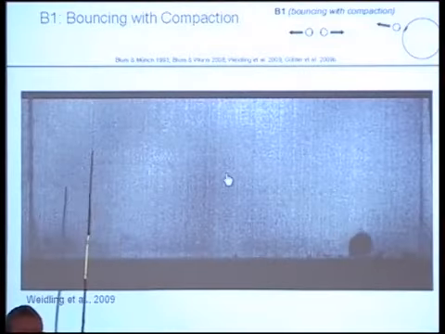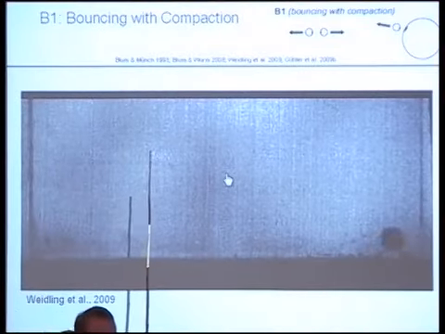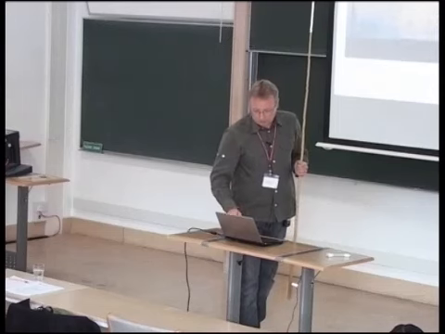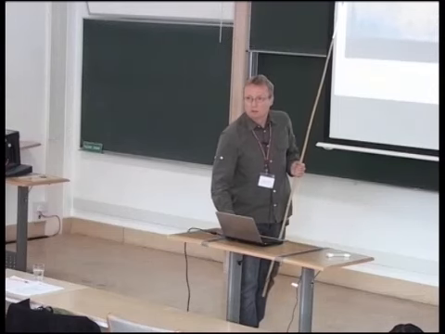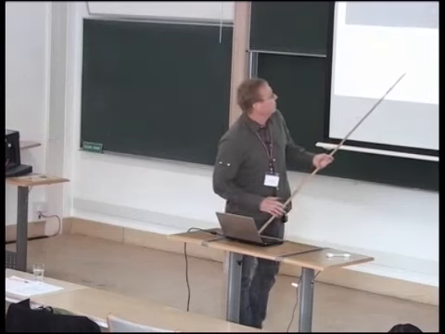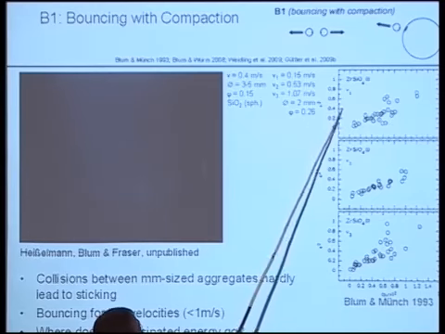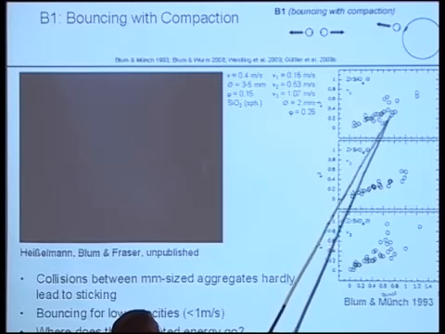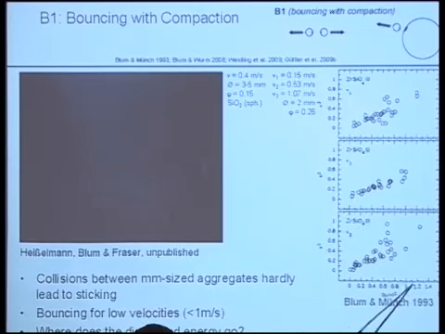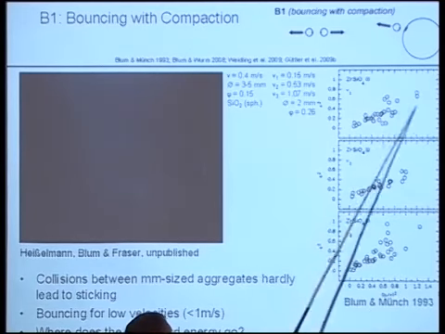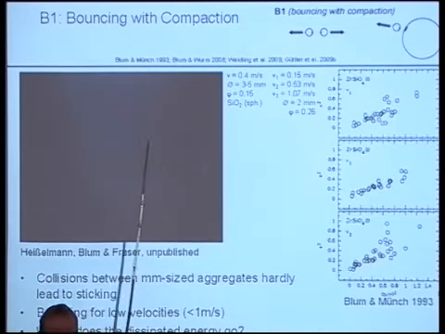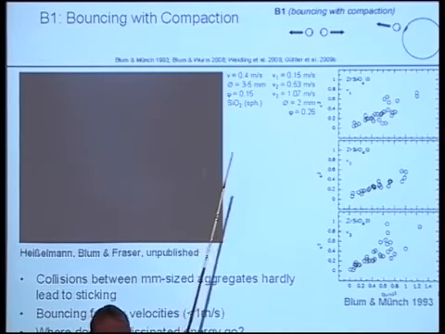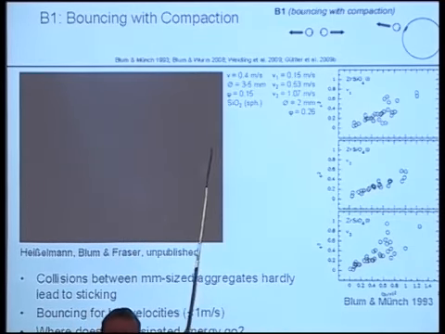Jürgen, may I stop you a second? How does the result of that bouncing change with the angle of impact? Actually, not so much. No. We can go back to the older work. So we lose 95% of the kinetic energy here, and at the glancing incidence, that's the 1 value, we have about 50% of the energy that goes into something else. So it's an effect, but it's not a major one.